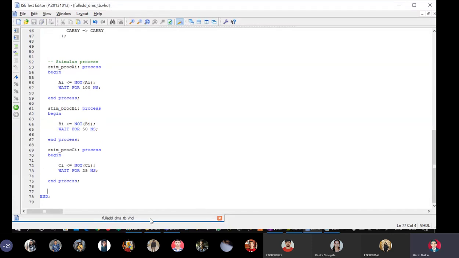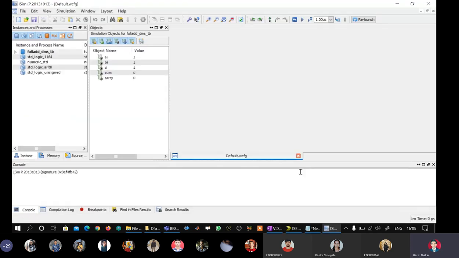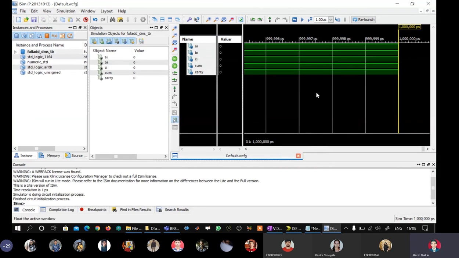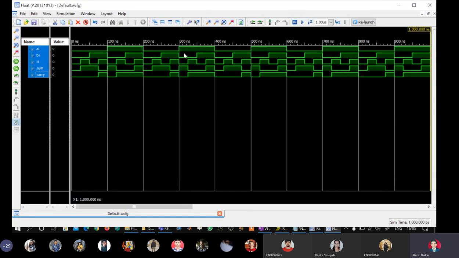Control S, compile the tool. Syntax check is over. Go to simulation. Fine, so here we are.